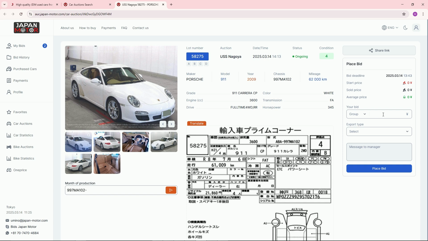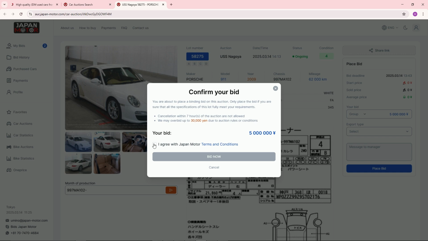Then you input your bid. For example, let's say I'm ready to pay 5 million yen for this very car. That's my budget, and once I've entered my bid, I click on place bid. I agree with Japan Motor terms and conditions, and if I click bid now, I am placing a bid on this very car.